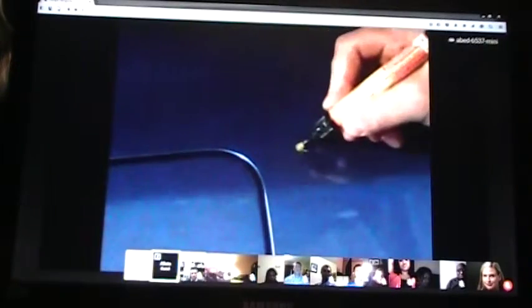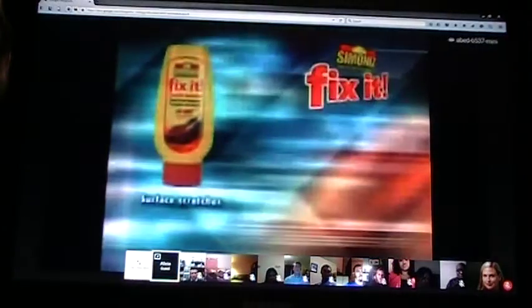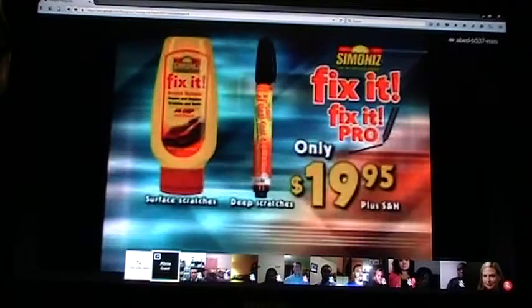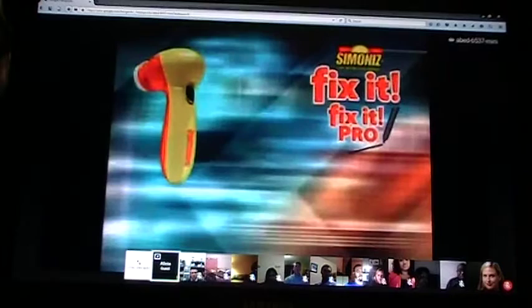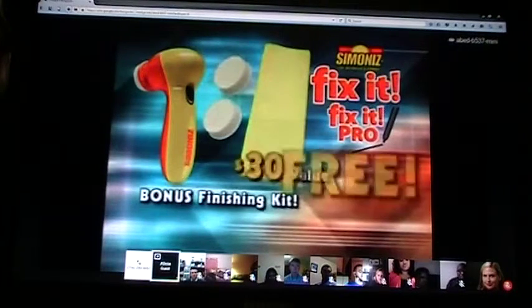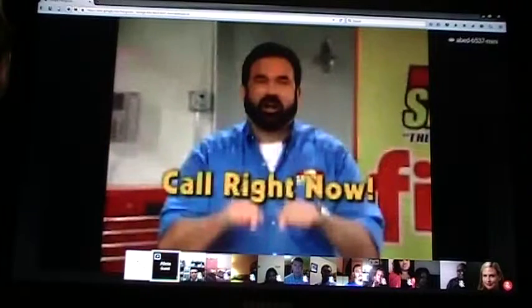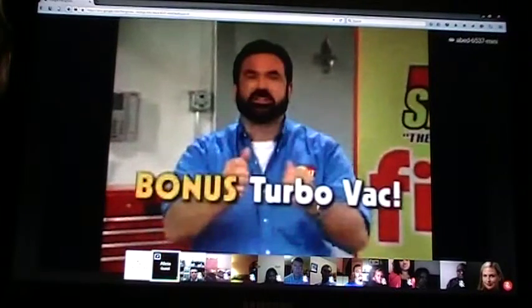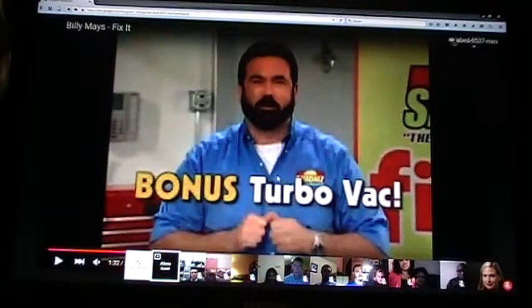This is the 1-2 scratch removing power punch you've been waiting for. And right now, it's only $19.95. Call now and we'll also include the finishing kit with the handheld power bumper, soft touch pads, and microfiber polishing cloth. A $30 value, yours free. But call right now and we'll send you the Simonize turn. Ms. Smith,